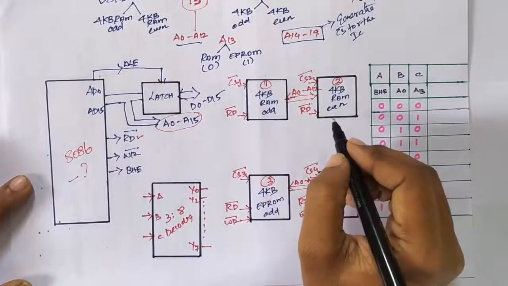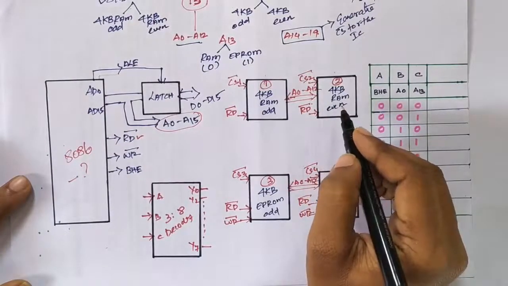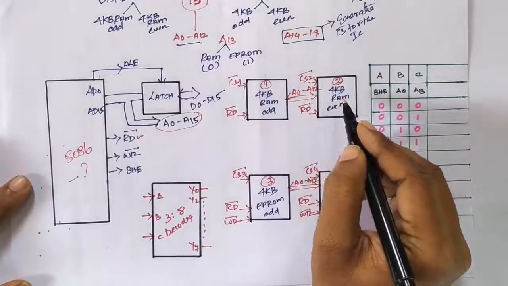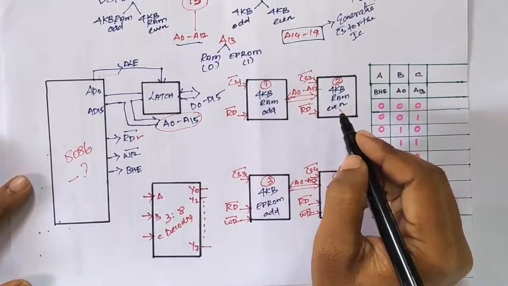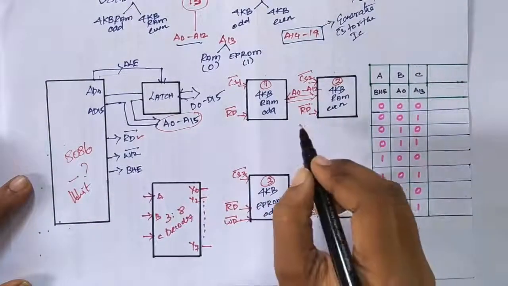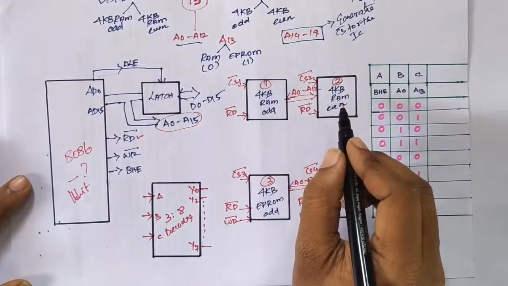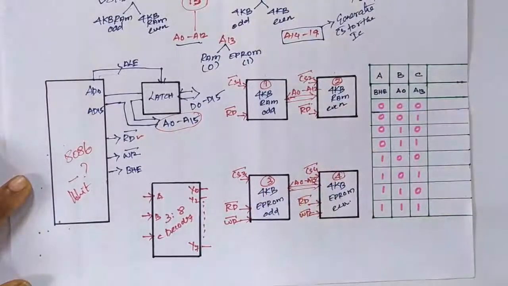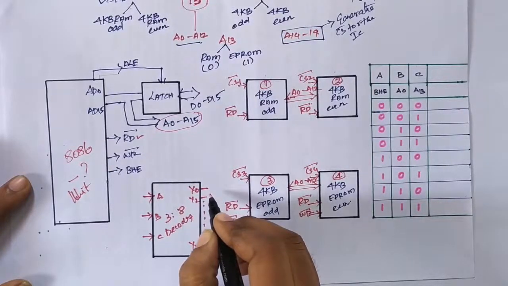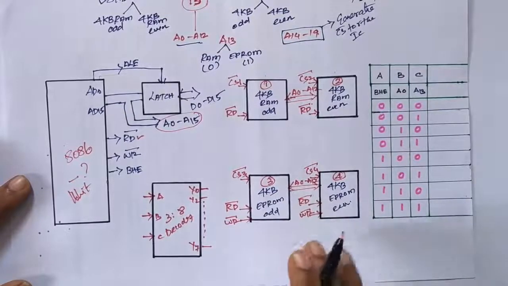Similarly, if my microprocessor needs to access data from the 4 kilobyte even bank RAM memory, we need to activate only the 4 kilobyte even bank. Or if the processor needs to access 16-bit data simultaneously, we need to select both the odd bank memory and the even bank memory. Those selections are possible by generating the output signals from the 3:8 decoder.